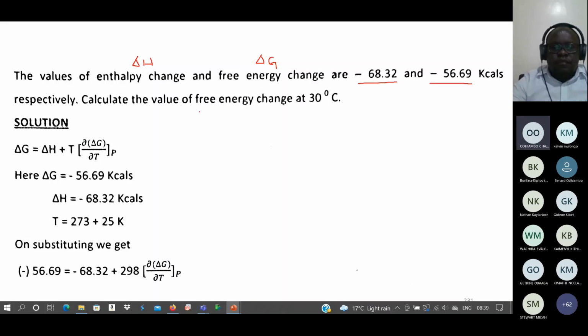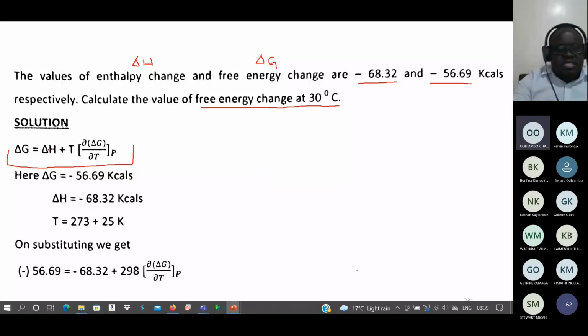Calculate the value of free energy change at 30 degrees Celsius. So the Gibbs-Helmholtz equation, this one here, gives us delta G equals